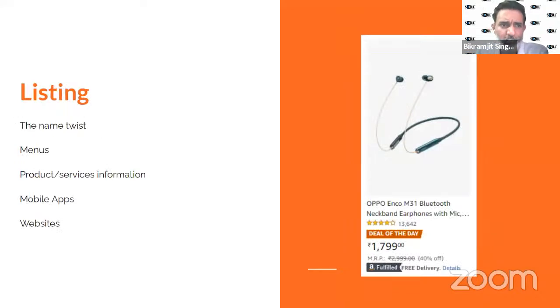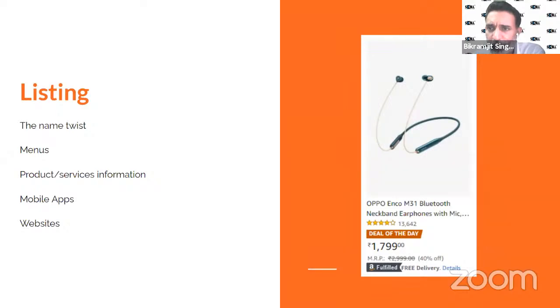Then let's see listing, a product information, how it can be displayed. This infographic on the right shows everything. This is very familiar to all of us. It has composited a picture, the title, the offer, the price, everything.